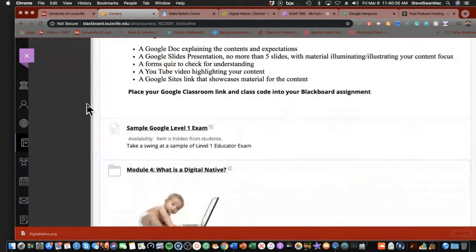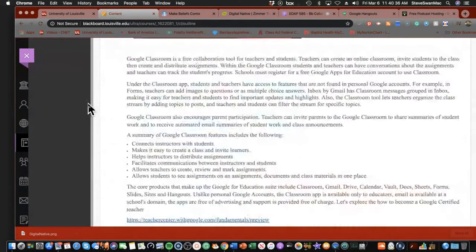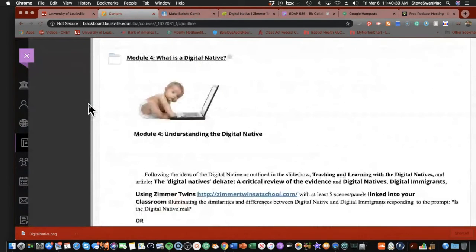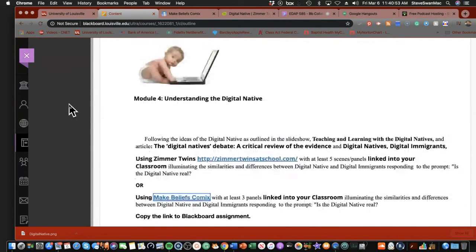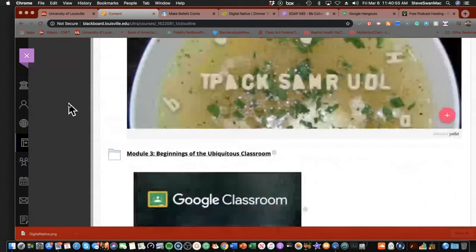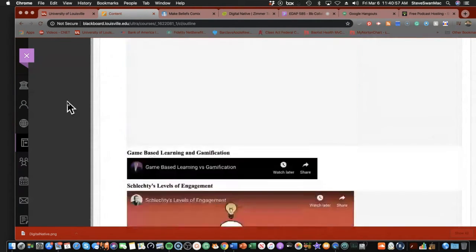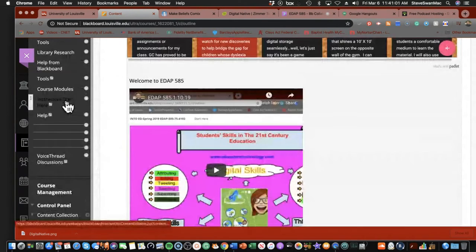Now, for the assignment, all you have to do, let's review what it says here, is you're creating either a Zimmer Twins or Make Beliefs comic. That's all you have to do. So in the assignment, I'm going to come up here to the assignments right now.